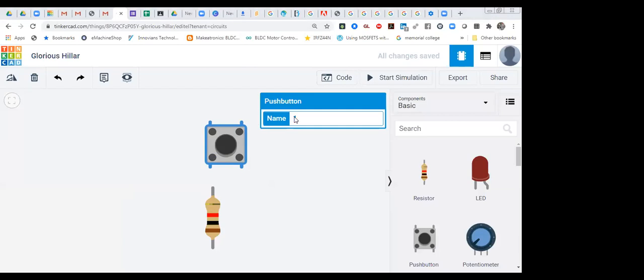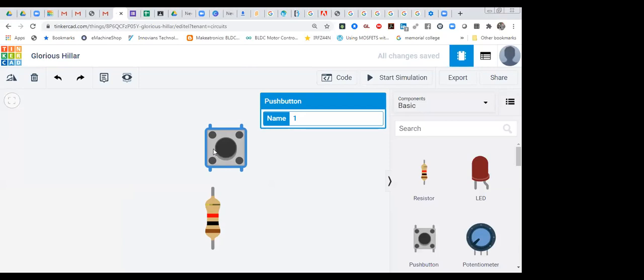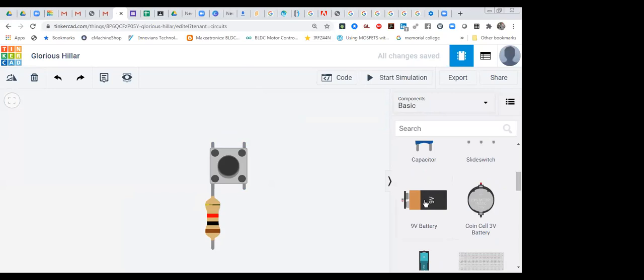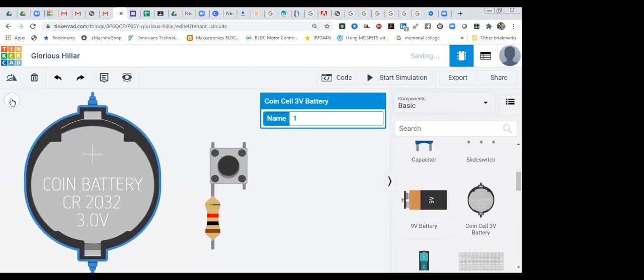So that you can see it over here. What I'm going to do, I'm going to connect it like this, so that you can connect it. After that I'm going to connect the battery also. You can take any other battery, whatever battery you want to take. So you can take this one battery. You can visualize in a simple way how the circuit is working.